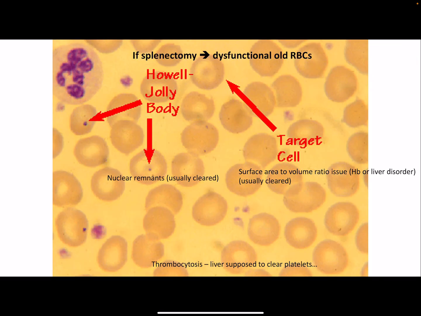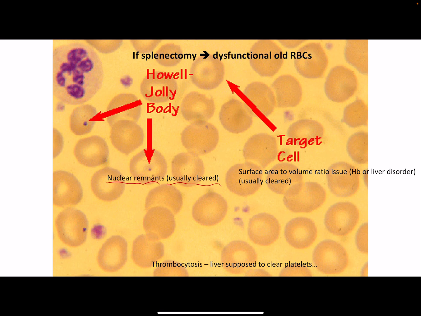And similarly, if you have a splenectomy, you can't get rid of your dysfunctional old red blood cells. So you have what's called Howell-Jolly bodies. This is just the nuclear remnant of a red blood cell. It should not have a nucleus. Usually they're cleared, meaning the spleen gets rid of them, but not if the spleen's either taken out or it's